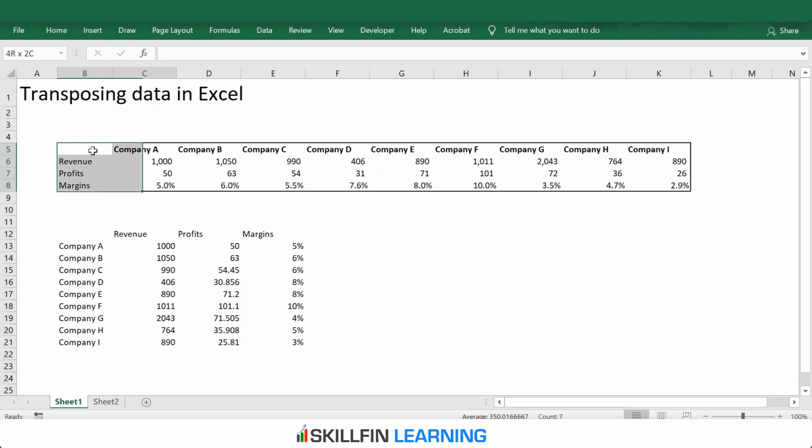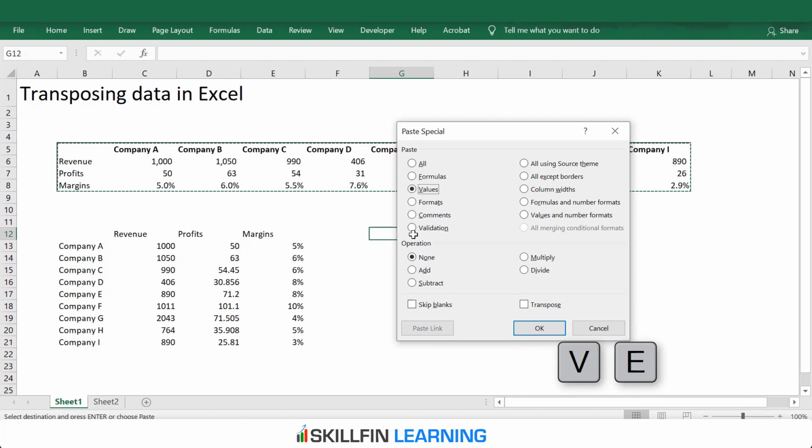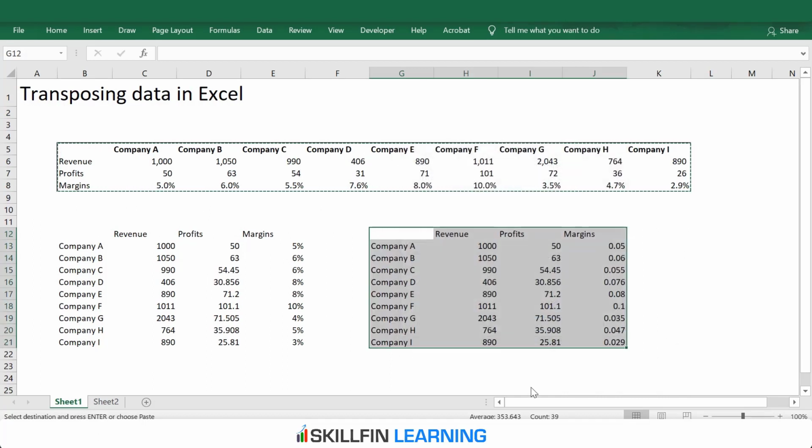So we select the data and then click the cell where you want to move the data and then press Alt-E-S to open the Paste Special box and then press V and E to transpose the data and then enter. So we get the same table in a vertical format. This is the first method how we can transpose the data in Excel.